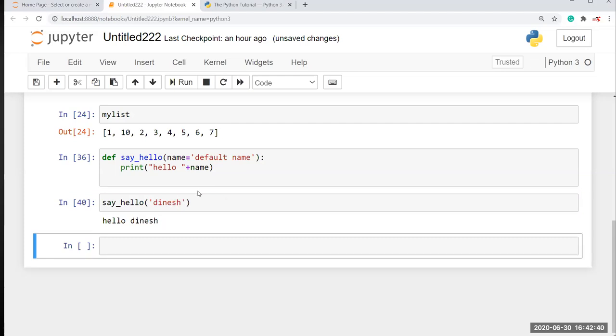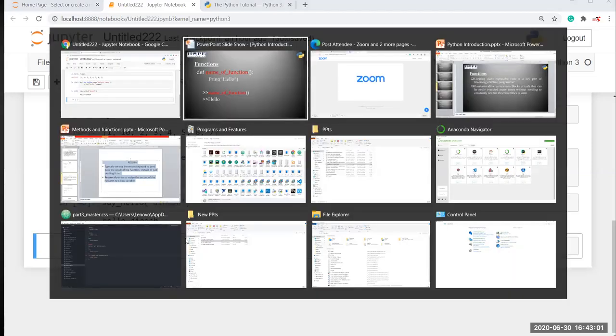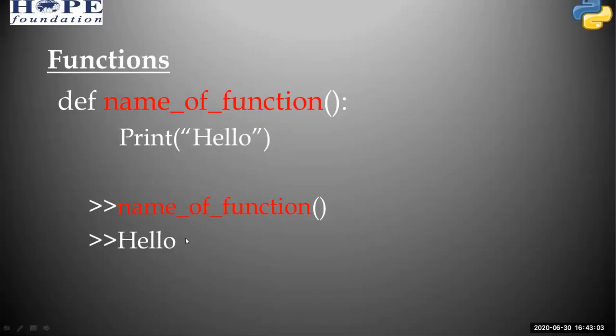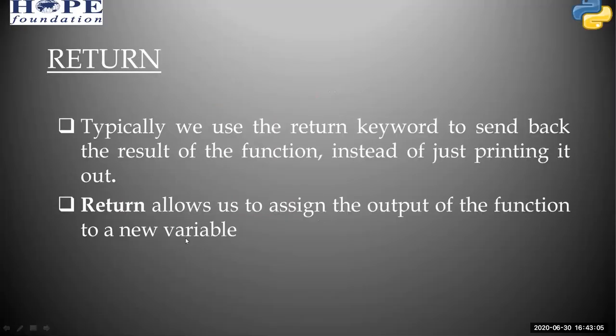Okay, and next we'll see the difference between print and the return keyword. Okay, so first what is return. Typically we use the return keyword to send back the result of the function instead of just printing it out.